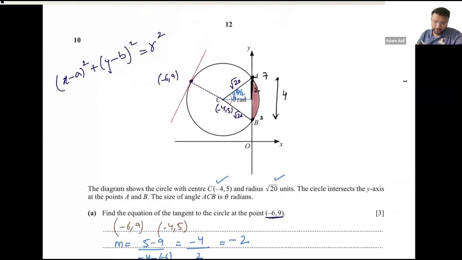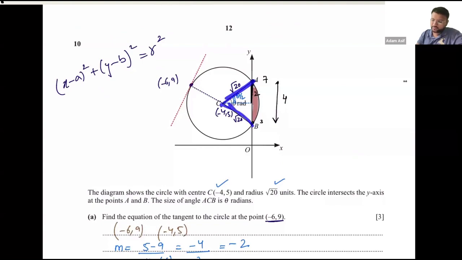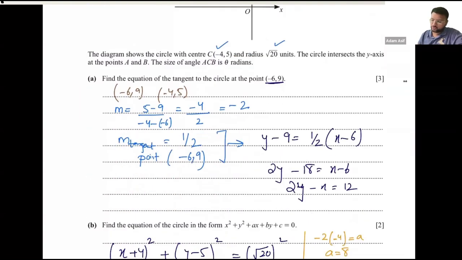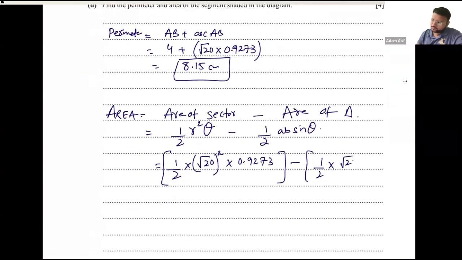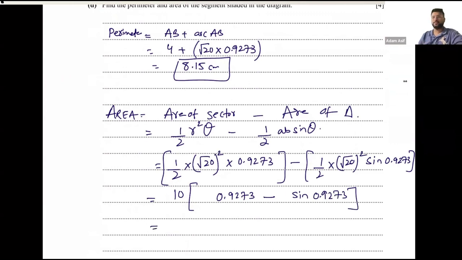यहाँ पे A और B की लेंथ्स हैं और जो कि रेडियस ही है। तो √20 टाइम्स √20 इज √20 का स्क्वायर, टाइम्स साइन ऑफ 0.9273। इसको कैलकुलेटर में सॉल्व कर लो। ये हो जाएगा 20/2, 10। यहाँ से भी 10 कॉमन आ जाएगा। 0.9273 माइनस साइन ऑफ 0.9273।